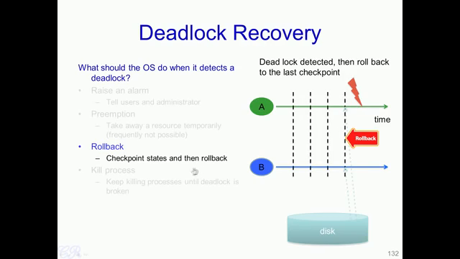A fourth way is to kill processes. Essentially, if processes A and B are in a deadlock state, killing one of these processes would break the deadlock. So, typically the lower important